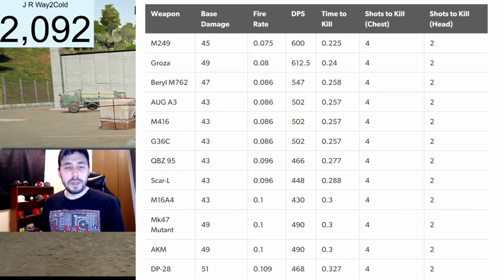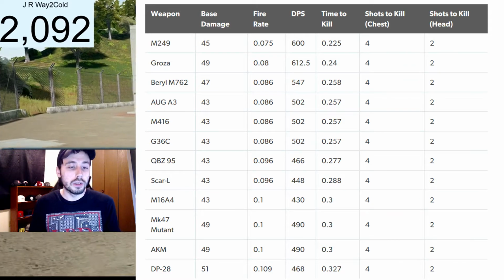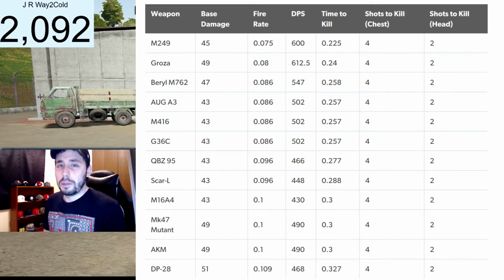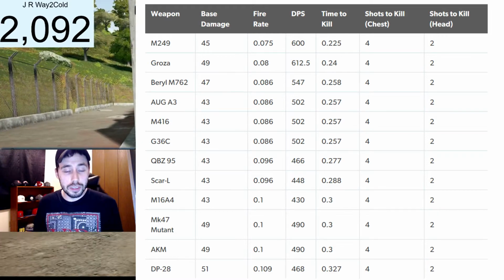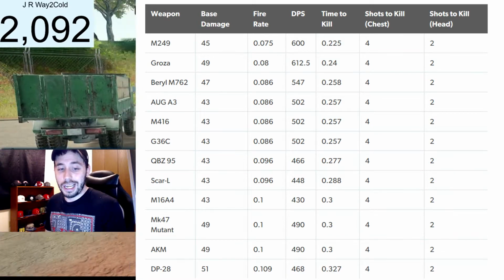A lot of people may think, well, the AKM does more damage, so it's going to be better as far as damage goes. Whenever you compare two weapons in PUBG, you want to go with time to kill, which is basically bullet speed plus damage. And when we look at that, the barrel has a definite